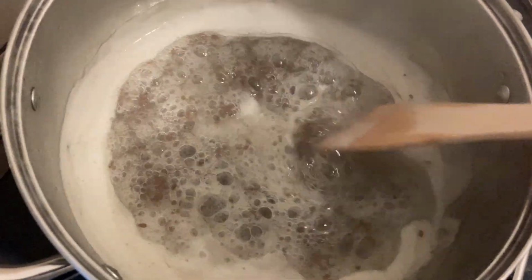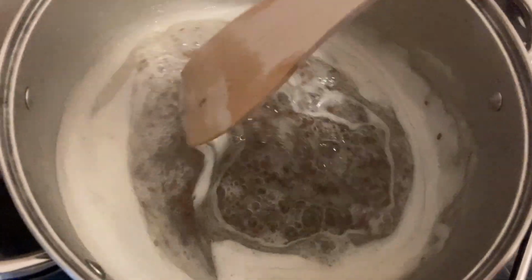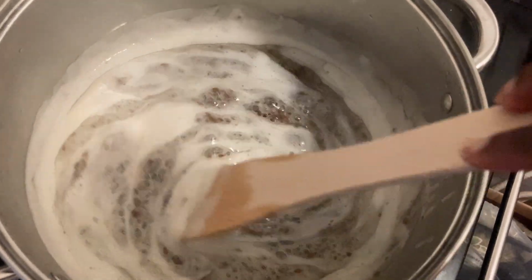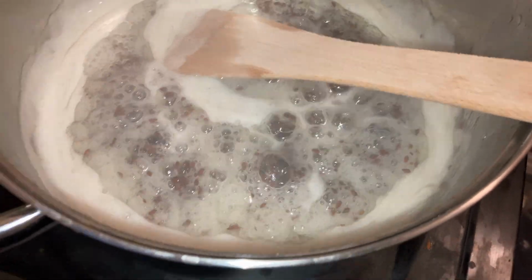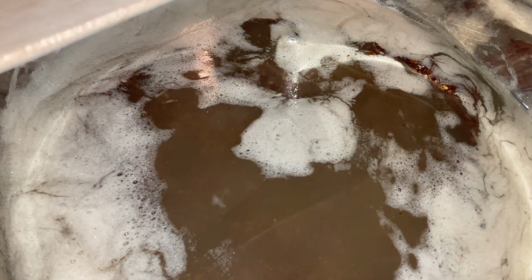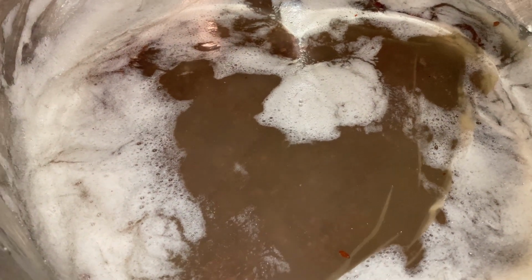Again, I'm just comparing it to what it looked like in her video. I didn't really take accurate measurements to show you guys, but it was roughly 10 minutes before it started boiling, I think, and then probably about 15 minutes when it started doing the string. I'm guesstimating here, maybe it was 10 minutes. But once it formed that kind of string, or looked more like it did in her video, I then switched off the